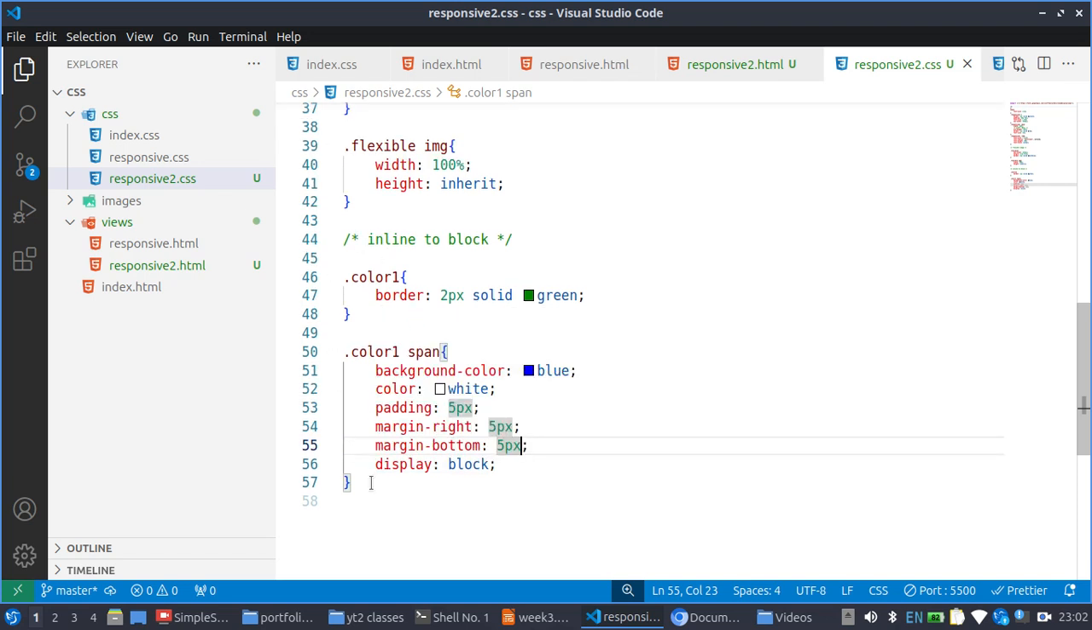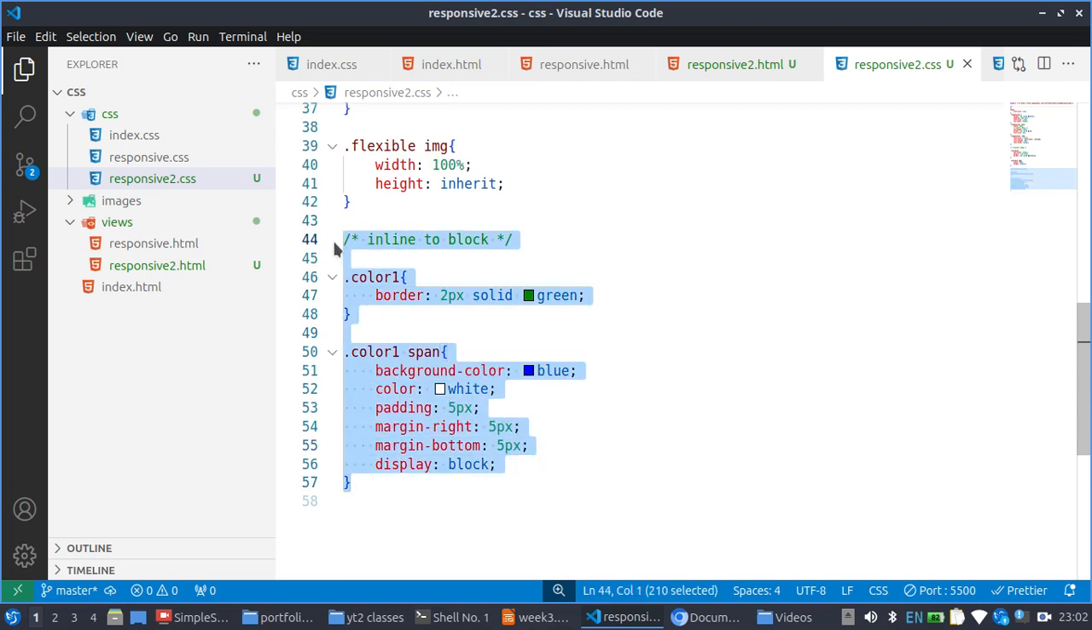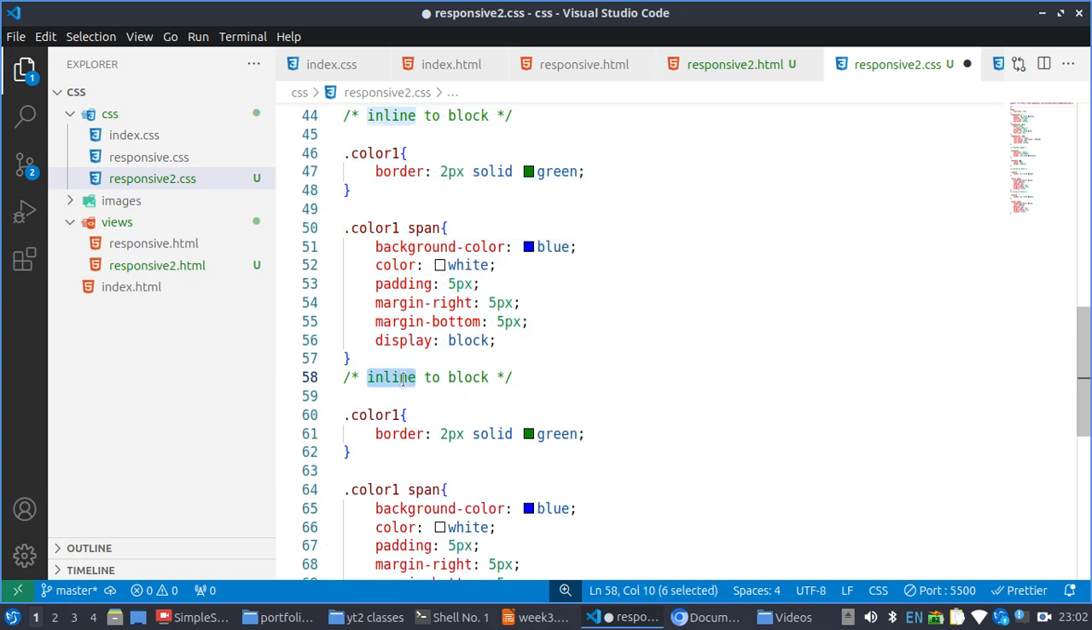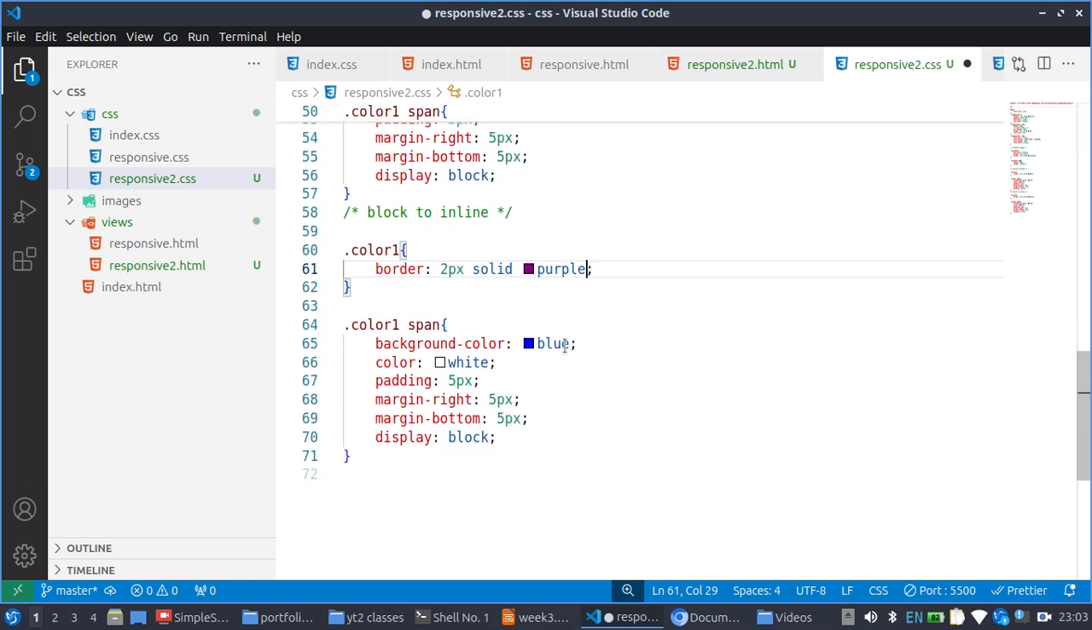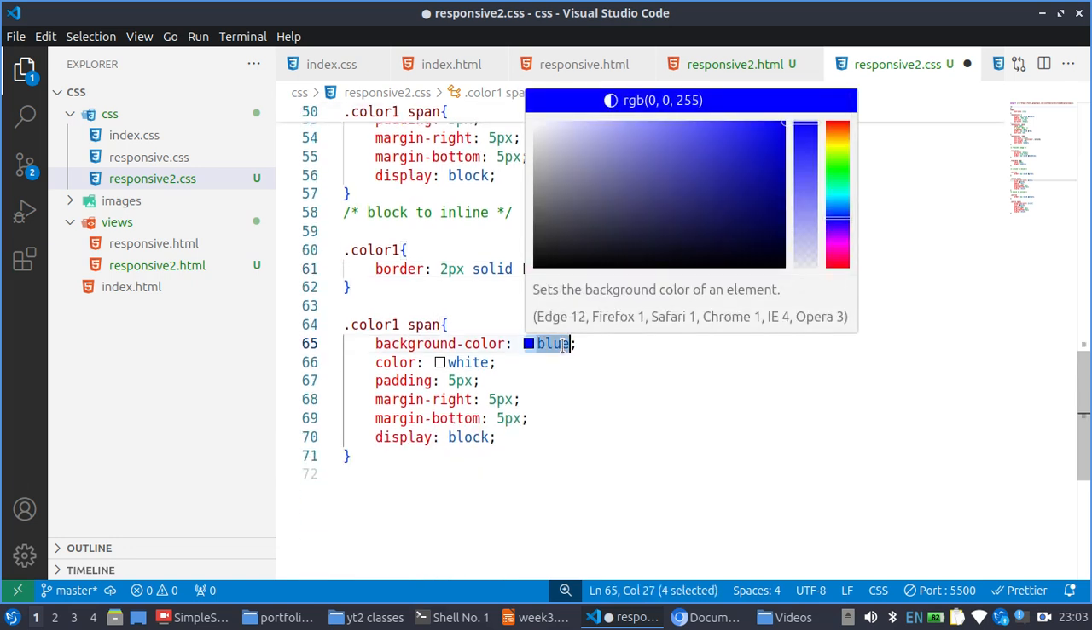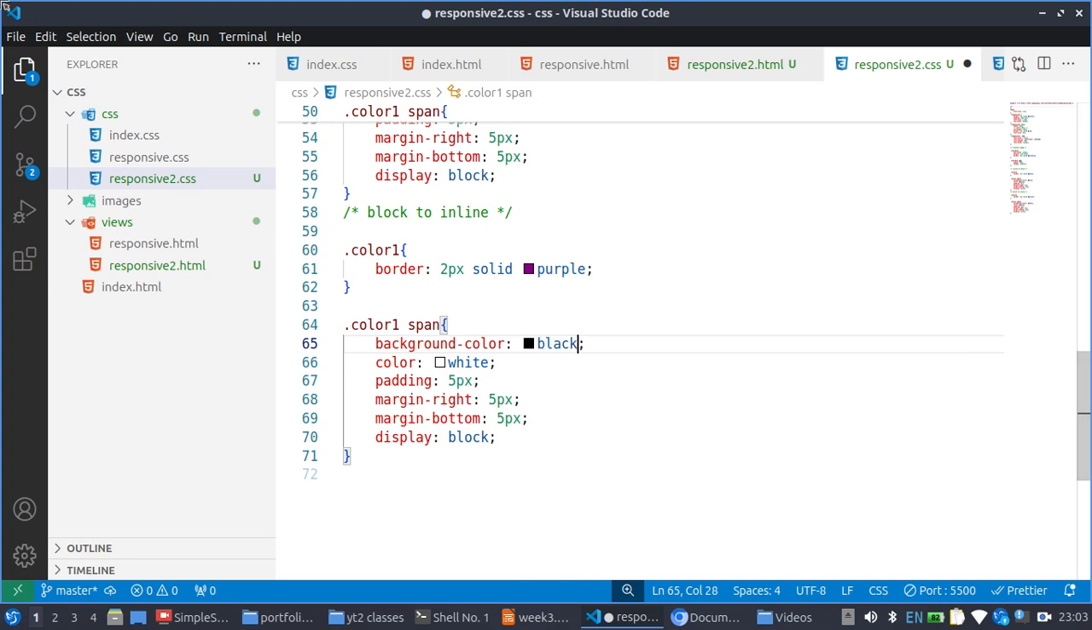So all I need to do is to clone this. Shift Alt arrow down or Shift Alt arrow up. Then I'll change this from block to what? Inline. Then this will have a border of purple. Then this will have a background color of black, and the color of white can go there. So all I need to do is I'll comment this out. Then if I save,